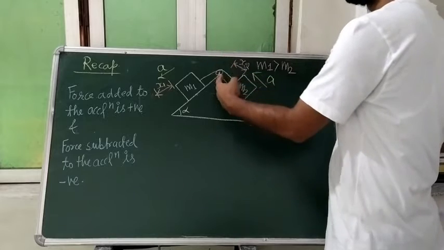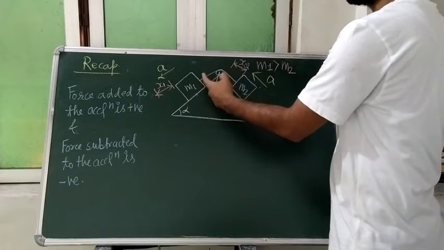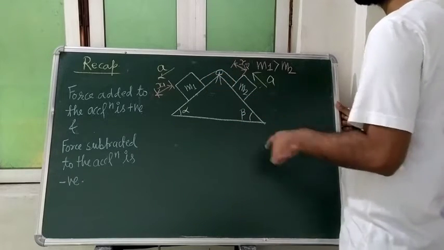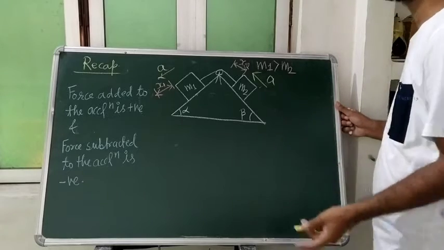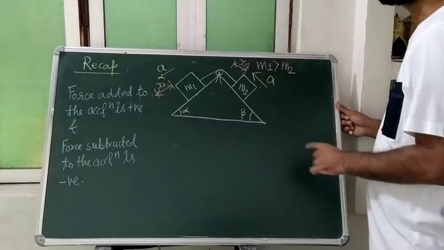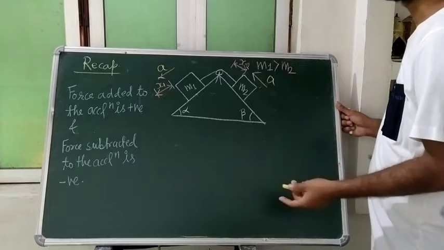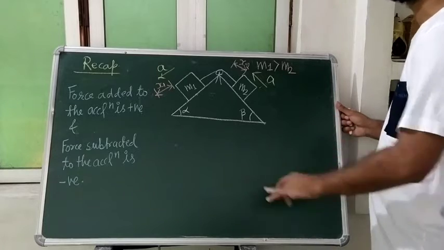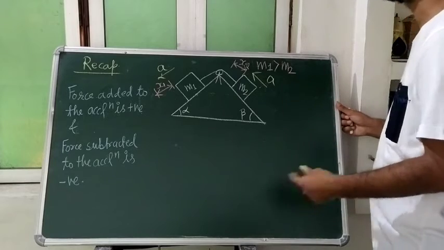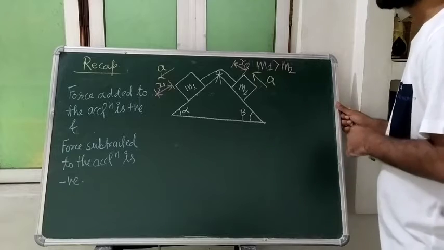Otherwise you can select a coordinate here. This one you can say is your x2, this one is your x1. So total length small l will become x1 plus x2. When you differentiate that, small l is constant, so that becomes 0, and x1 plus x2 gives v1 plus v2 equals 0. From there you will get v1 equals minus v2. When you differentiate again with respect to time, you will get a1 equals minus a2, or a2 equals minus a1.